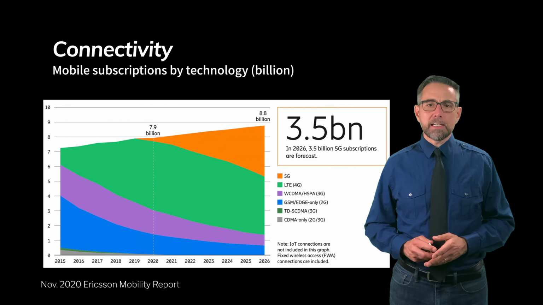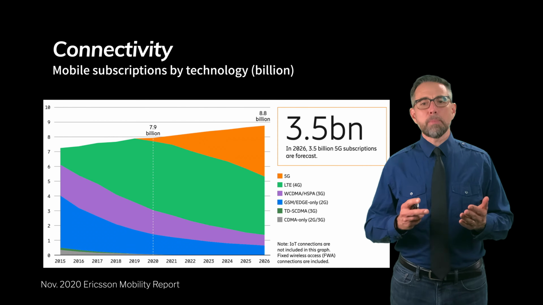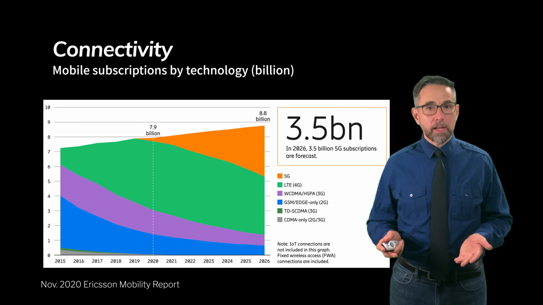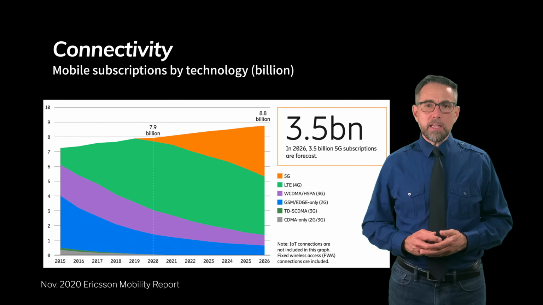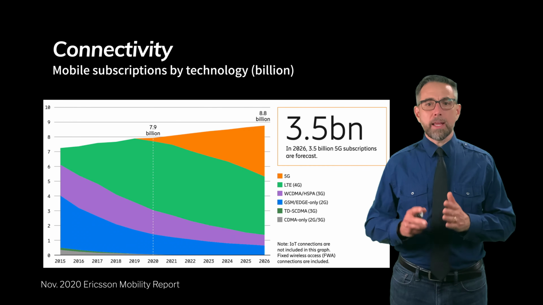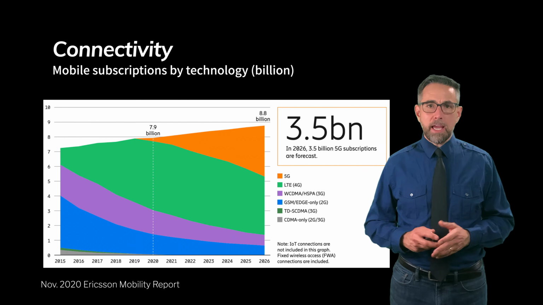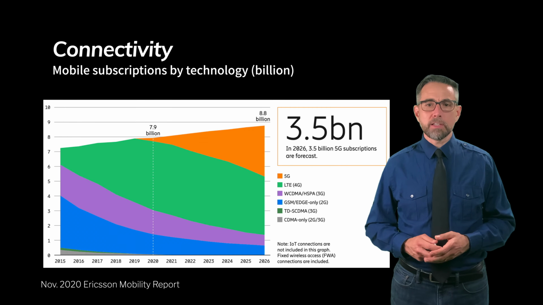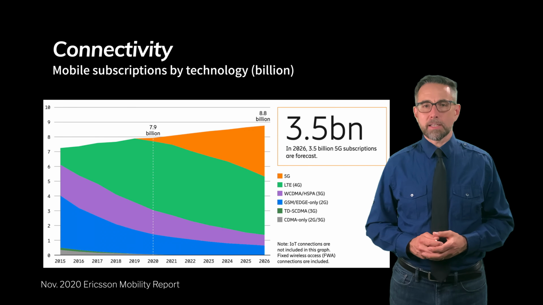And you can see that the blue and the purple technologies are going to be diminished. They're not going to go away entirely. And the number of LTE or 4G customers is largely going to remain the same, going from 2020 out to 2026, with 5G customers cannibalizing the lower technologies, and generally all the technologies still being represented along the way. Clearly, 5G is in our future.